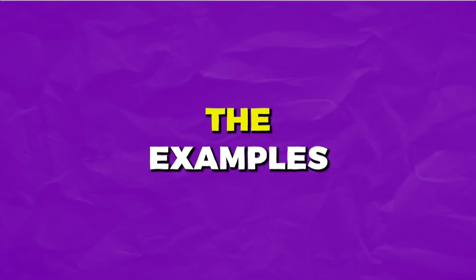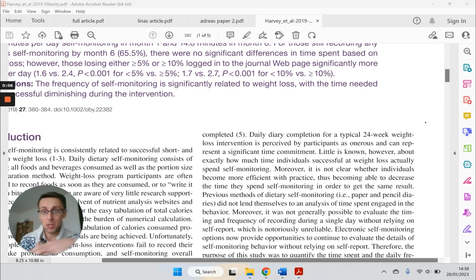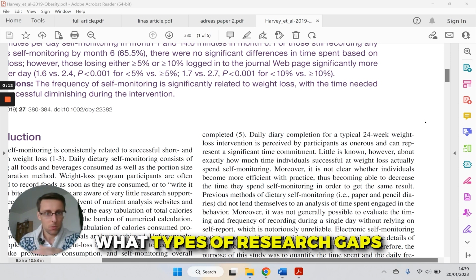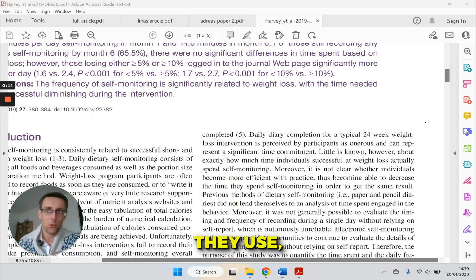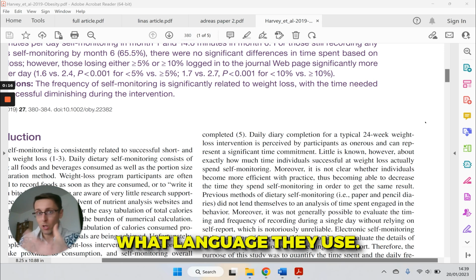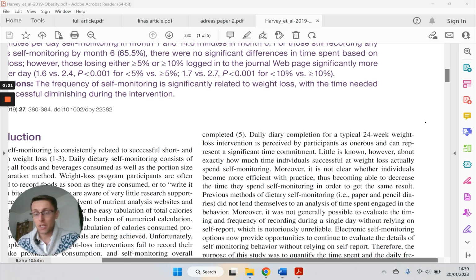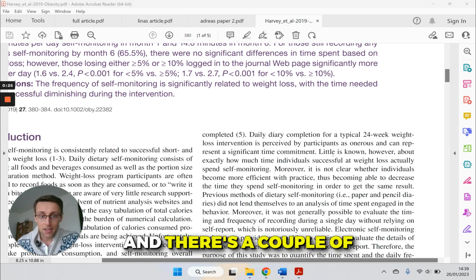So let's look at some examples from real published papers from different disciplines to see how the researchers express the research gap, what types of research gaps they use, and also importantly, what language they use in order to do that correctly, right? So here we've got a paper from medicine,